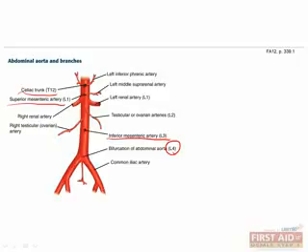So, from T12 down to L4, we have the celiac trunk, superior mesenteric artery, renal arteries, testicular or ovarian arteries, inferior mesenteric artery, and, at last,